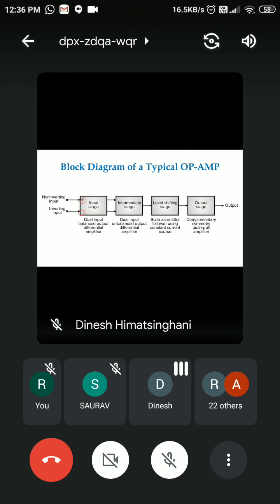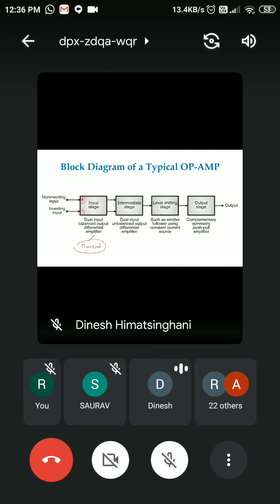So understand that this circuit is transistorized and the output is taken across both the collectors. When the output is taken across both the collectors, it is called balanced output. If the output is taken across one of the collectors, it is called unbalanced output. We will study this in detail when we do the differential amplifier, but for the time being, please understand this concept.